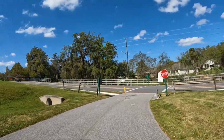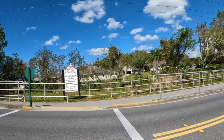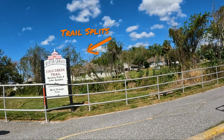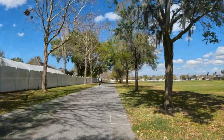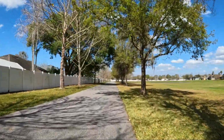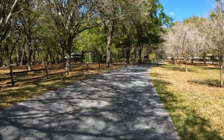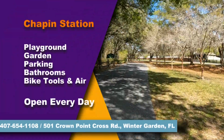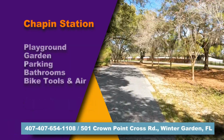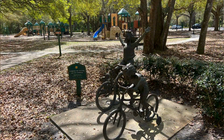All right, coming up on the Lula Trail. Don't get confused. Chapman Station. Very nicely appointed. And I believe this is the last station until we get to Apopka, which is